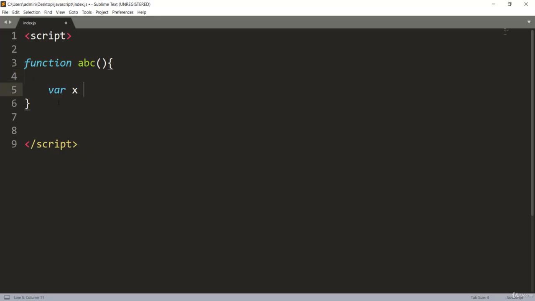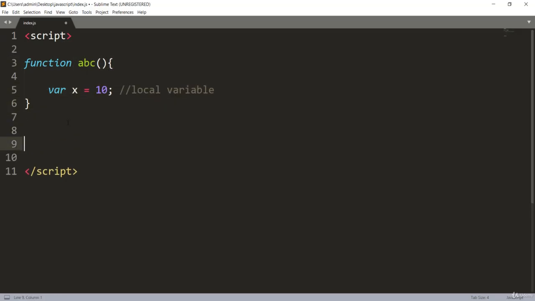Let me just create one. If you look over here, this is your local variable, which is one type of variable in JavaScript. You have created the variable x inside this function abc.